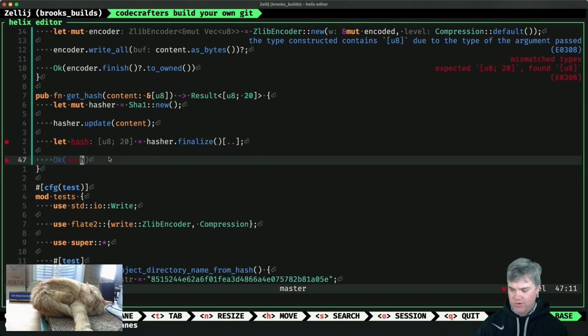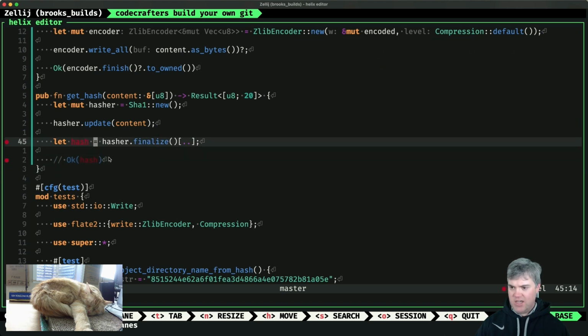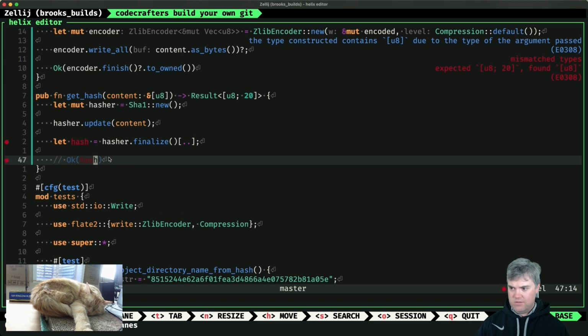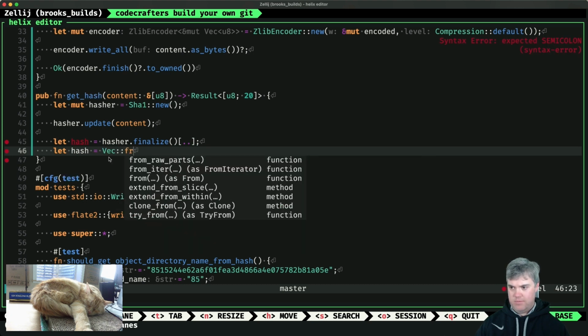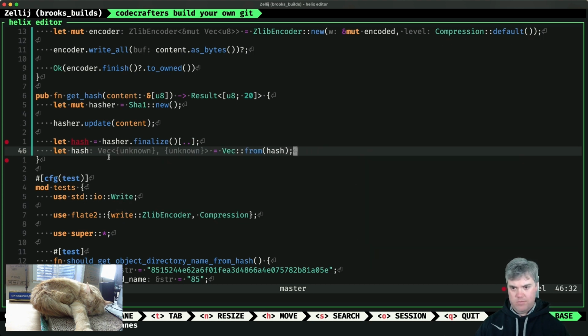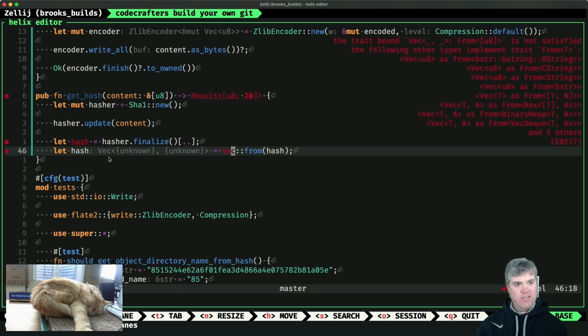So you actually don't know what you really are. Like if I do this, it's an unknown. Can I Vec::from this? From u8 is not satisfied. From u8, from CString. Okay, yeah, if I could do it from string,